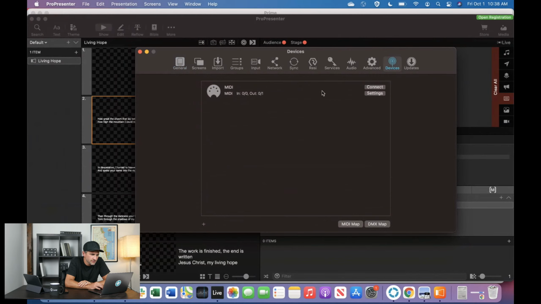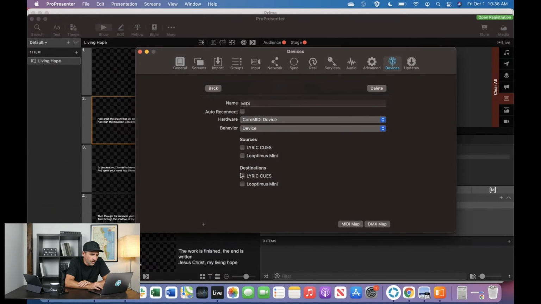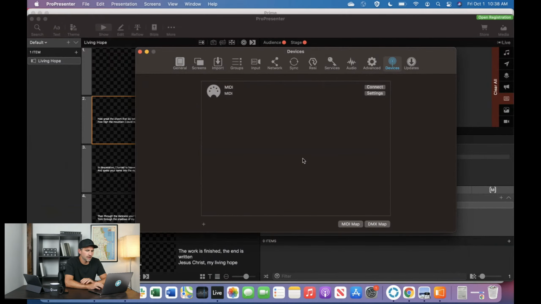Go to Devices. And I'm going to hit delete on this one because I'd already set that one up. And click the plus sign and choose MIDI. And now I can actually go ahead and choose my MIDI source. Now Prime doesn't show up here. So the way we need to get Prime to show up is we're going